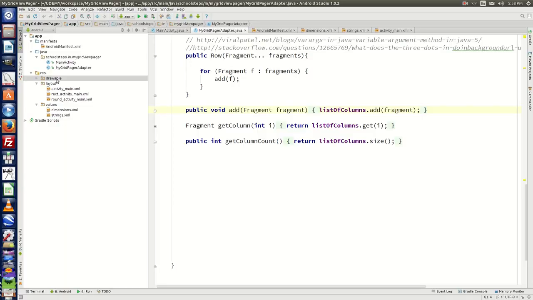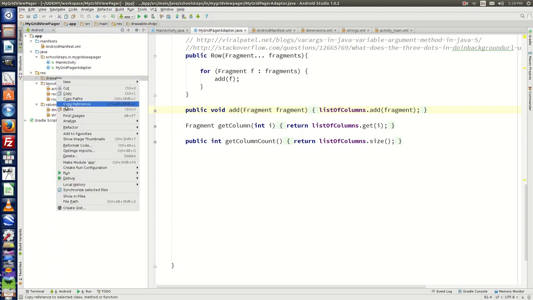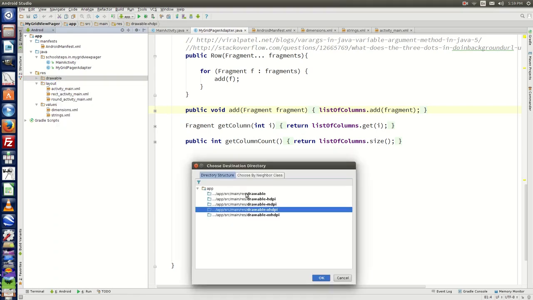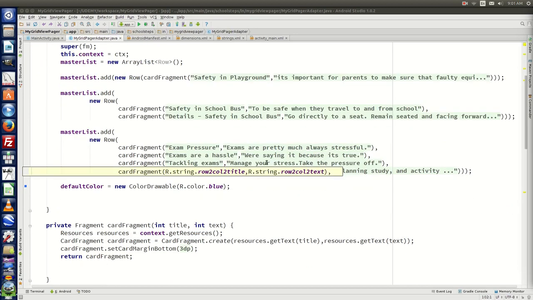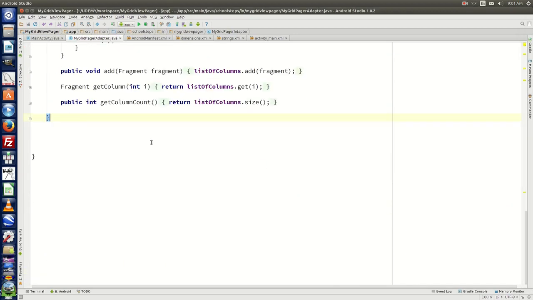In the drawable folder, which is right here, paste 3 images. I will share these images with you. Let's put it under the folder drawable. Click OK. After copying the images, let's open my grid pager adapter, and in the end let's declare one array